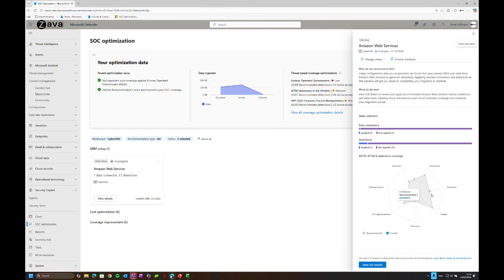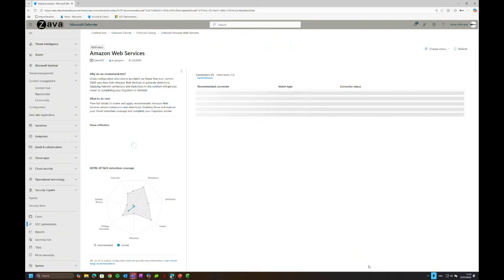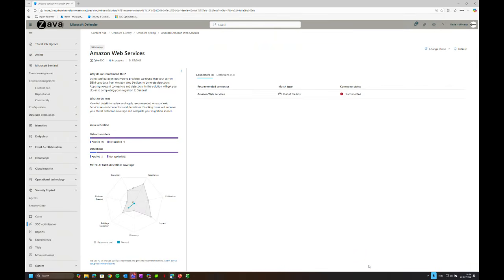And then on top of them, you see the current situation. So how much are you protected against those tactics today, and how much will you be protected if you enable all of the detections that we recommend you to enable. If I go to view full details, that's where all of the action is happening, and that's where the SOC engineer will work on adopting the different recommendations or deciding not to adopt them, review them and so on. So I'll actually start from the